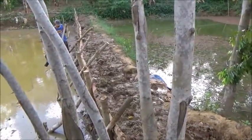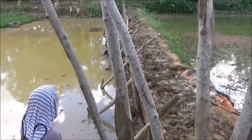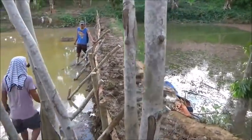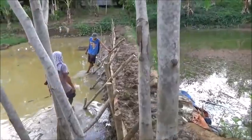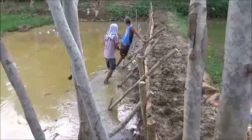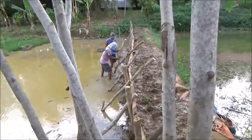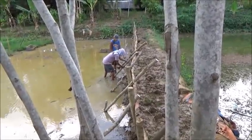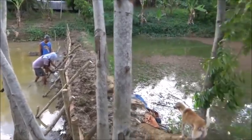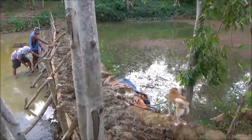Is it working, Tatay? Yeah. You've moved it 3 inches already? Wow. I can tell he has moved that quite a bit. I knew that chain hoist would come in handy. I didn't know exactly what for when I shipped it over here, but